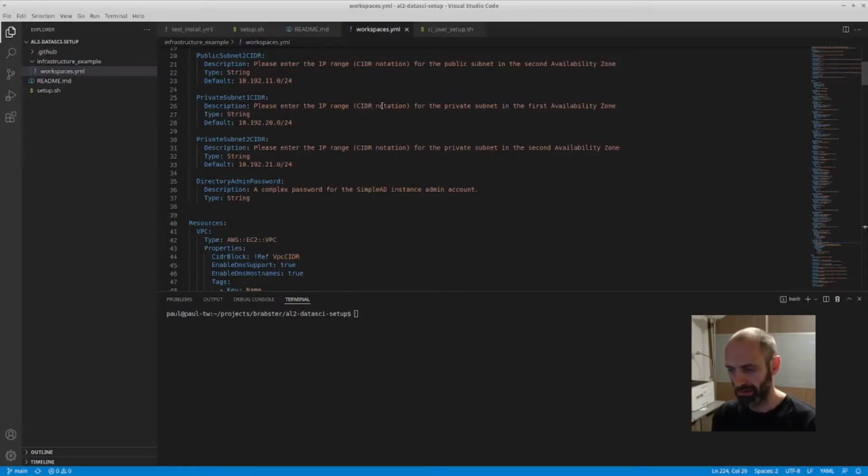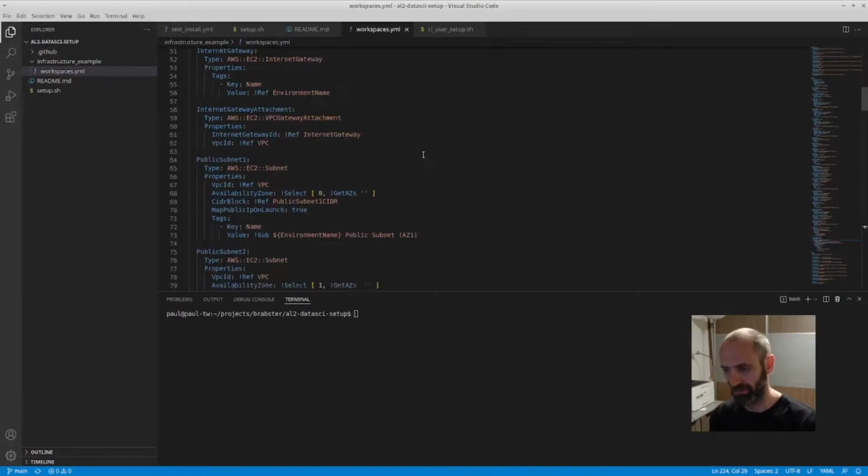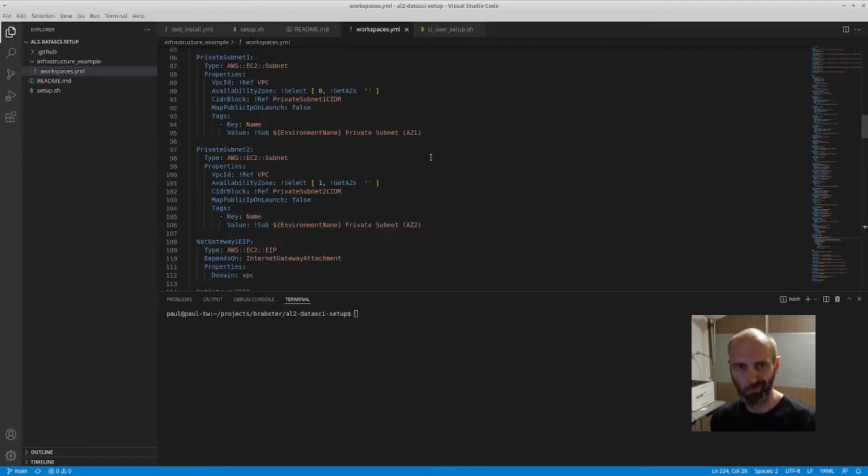We have a set of parameters, so you can customize the template to fit in an environment as needed or to be able to run a second stack of these components next to an existing stack. This template actually starts from nothing. It creates a new VPC, internet gateway, private and public subnets, NAT gateways, etc. It's a standard AWS VPC configuration, but the odds are in a real environment you already maybe have